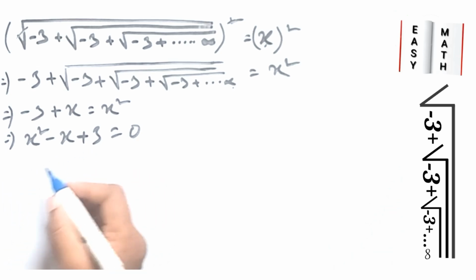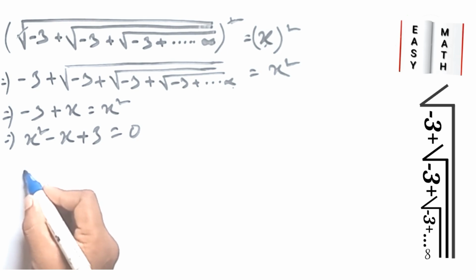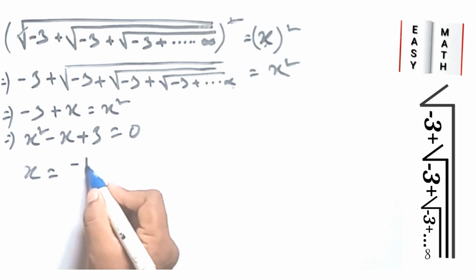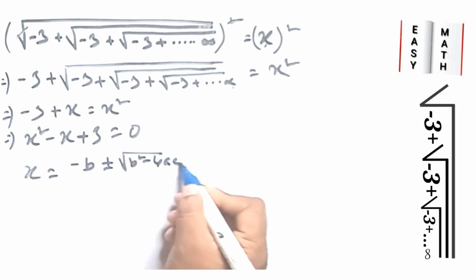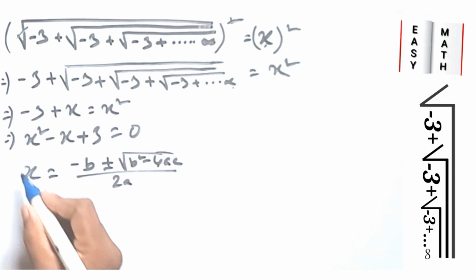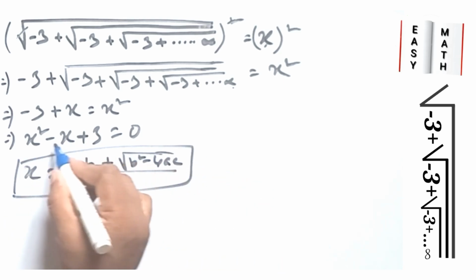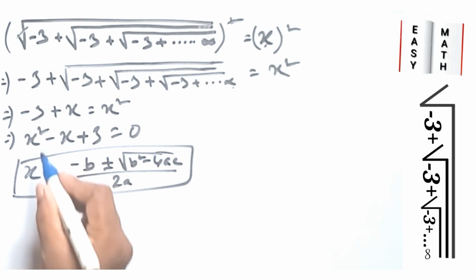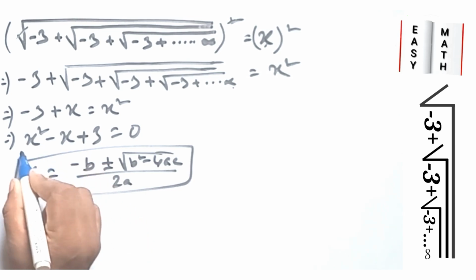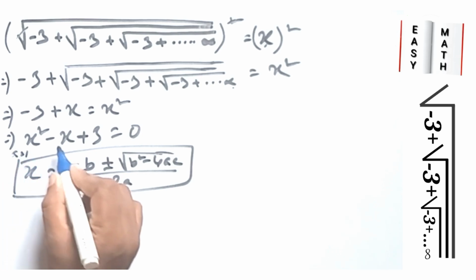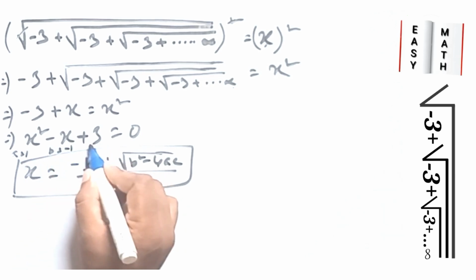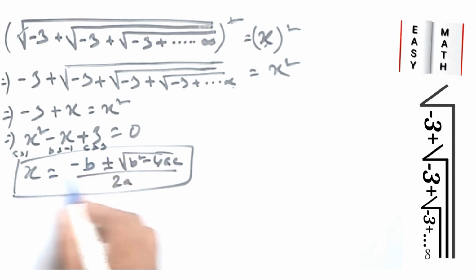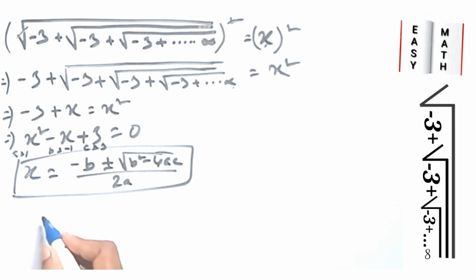How? First we can write the x term is minus b plus minus the square root of b square minus 4ac, by 2a. This is the law, so use this law. So we find the a term is 1, and b is minus 1, and c is 3. So we find the x value is